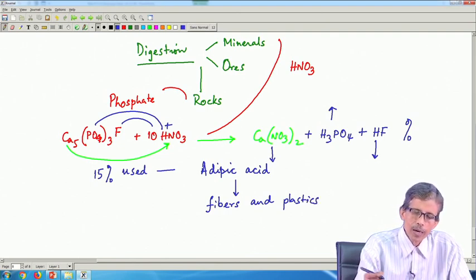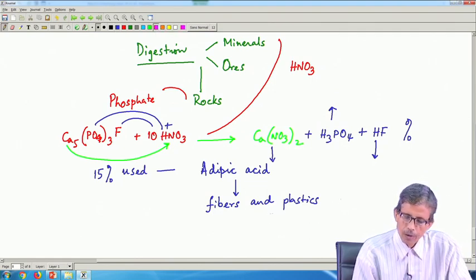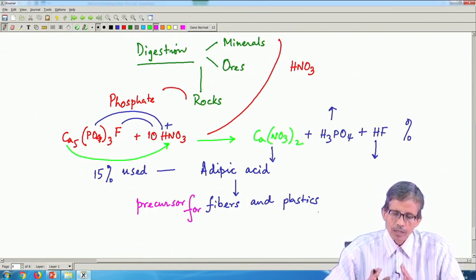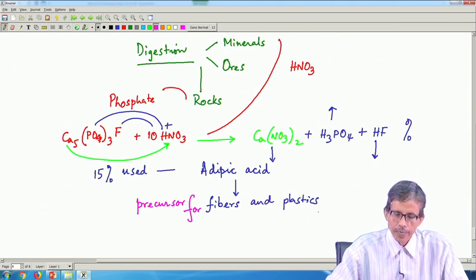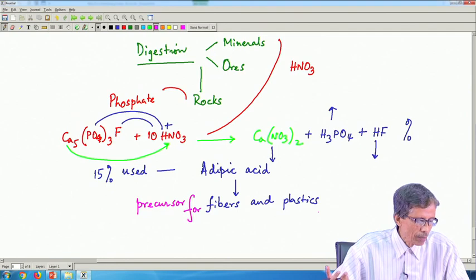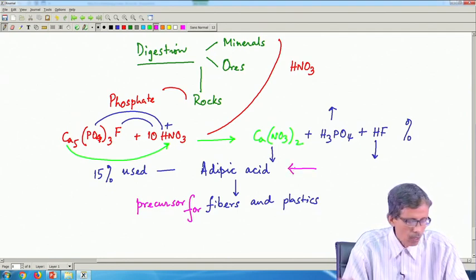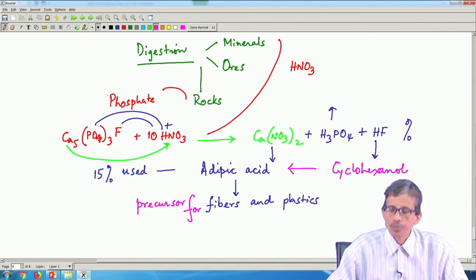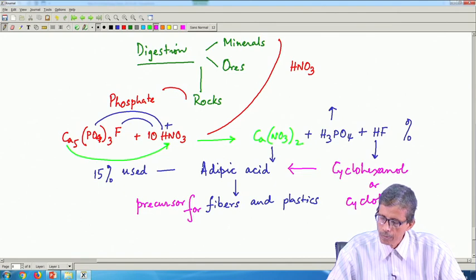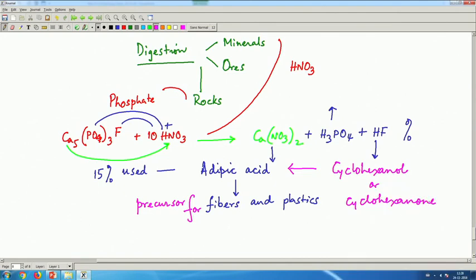and plastics. So, making of fiber, plastics and all these things are dependent on it, because adipic acid is the precursor for fibers and plastics, and the production of adipic acid is dependent on your nitric acid. So, nitric acid should be the chief or main constituent for the production of adipic acid, which is nothing but a typical product from oxidation of cyclohexanol or cyclohexanone,